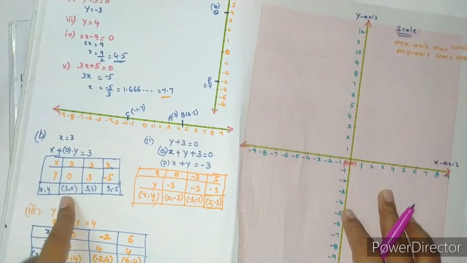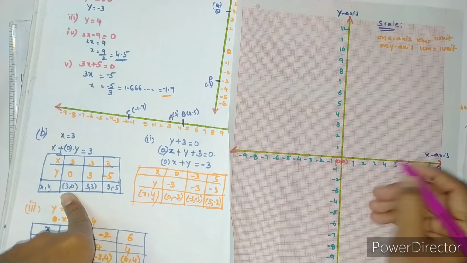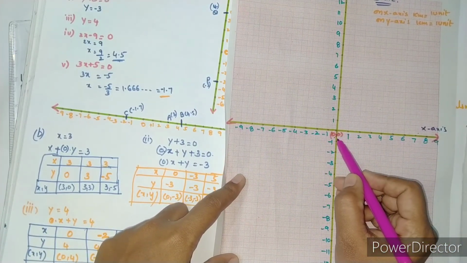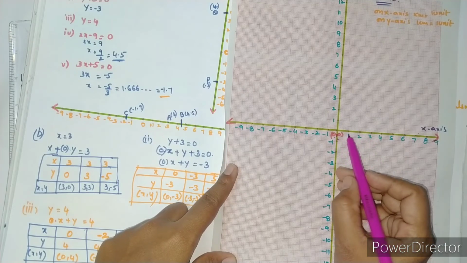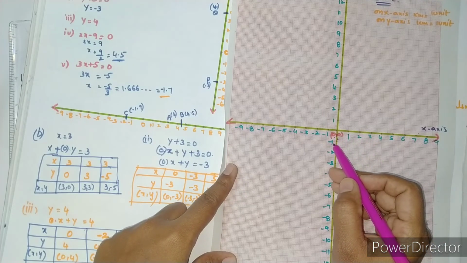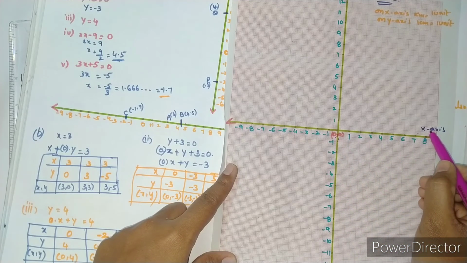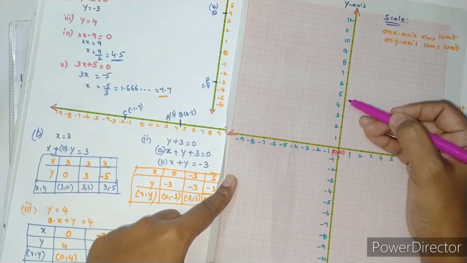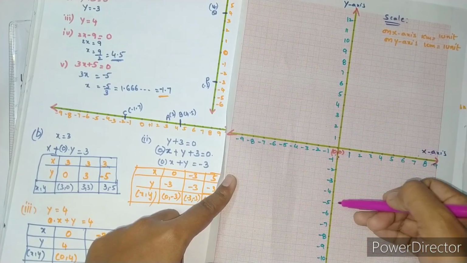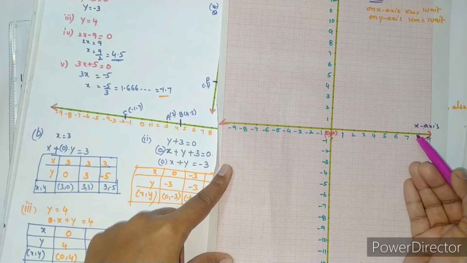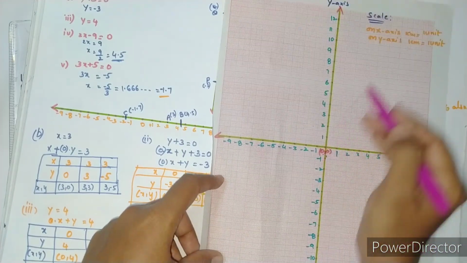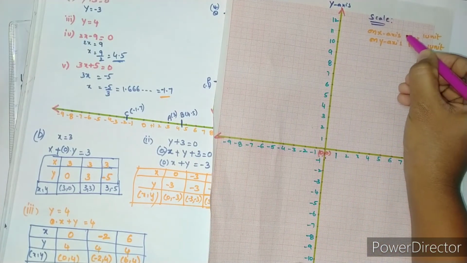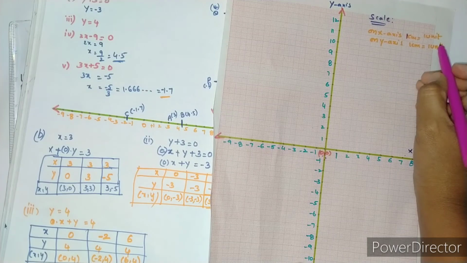Now we'll represent on the graph. What is the first point? 3 comma 0. Each time you have to write the origin, the intersection of the x and y axis. This bit is also given in FA2. Here is the x axis and y axis. Above the origin on the y axis is positive, below the origin is negative. To the right side of the origin are positive numbers, to the left side negative numbers. And each time we have to write the scale also. Here I wrote 1 centimeter equals 1 unit.